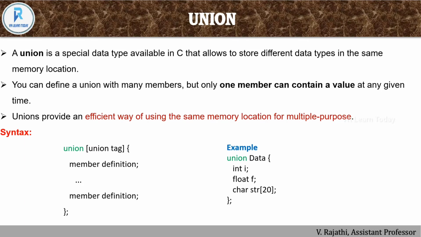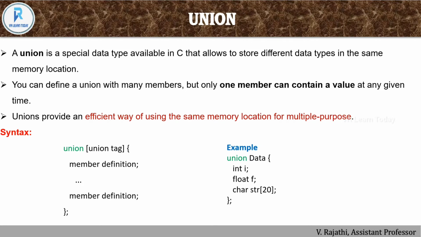So the same purpose is why we use a union. We can get many values with different data types, but we have to understand the difference between a structure and a union. In a structure or union, both are used to hold many variables with different data types. First, we have to discuss structure.